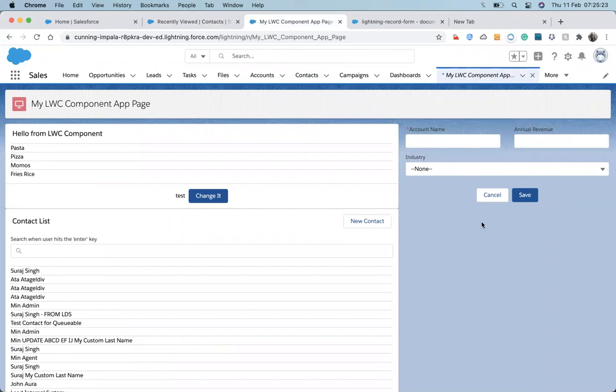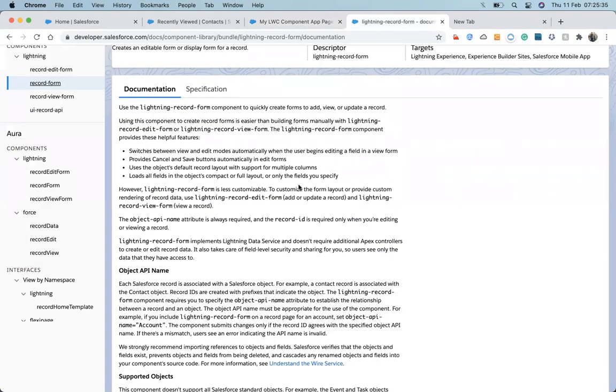Suppose I don't want this save and cancel button and want to customize our own save and cancel button. At that moment, if I want to do some customization in this layout, then we have to use the record edit form and record view form. Apart from that, there is no need to use them. They are used only when we have to do some customization.